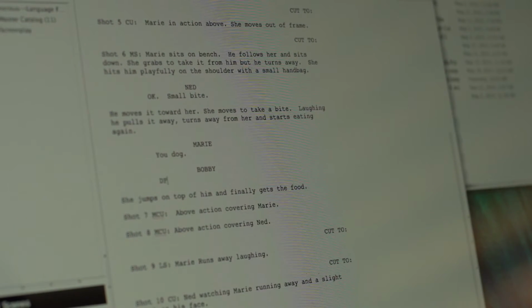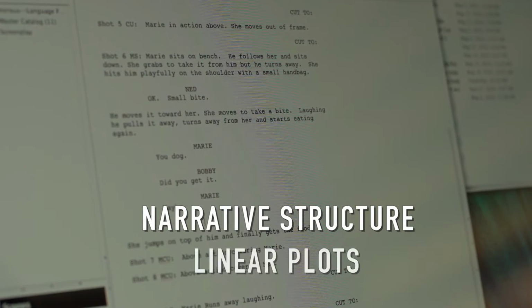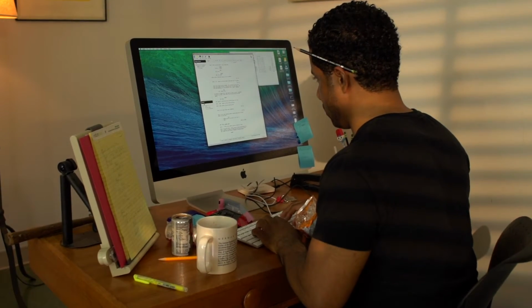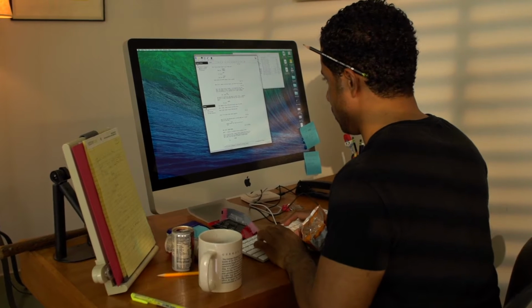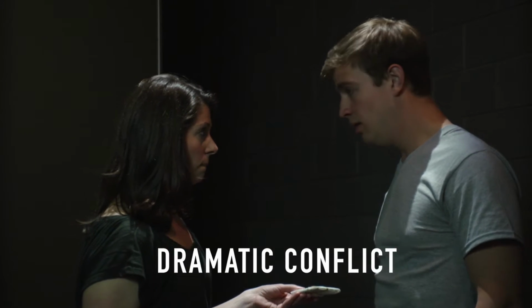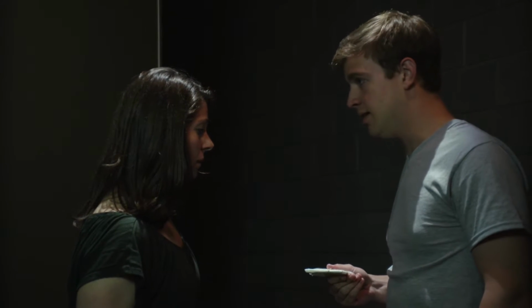He also knows from his film class, and watching many films, that most narrative structure films have linear plots, plots that follow time in a normal chronological manner. Linear plot structure must create dramatic conflict during the film, with the conflict resolved by the end to keep the